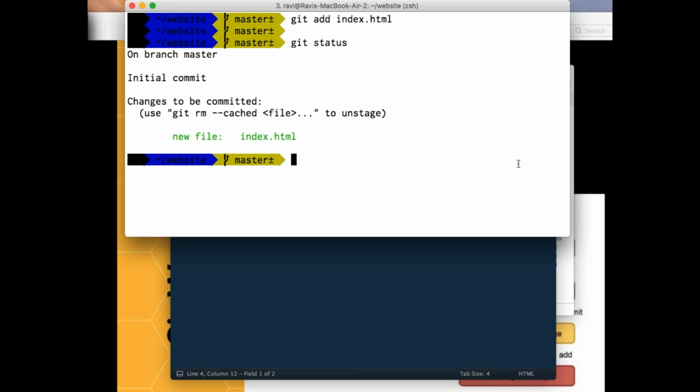Now what is the importance of the staging area? This is for whenever you want to keep the changes or not. You can go and come back, like a cart, right? I told you, cart. If you don't want the changes, you can do something like git rm --cached. All these undoing changes we'll talk about later. First we'll see the committing, then undoing. And it says changes to be committed.